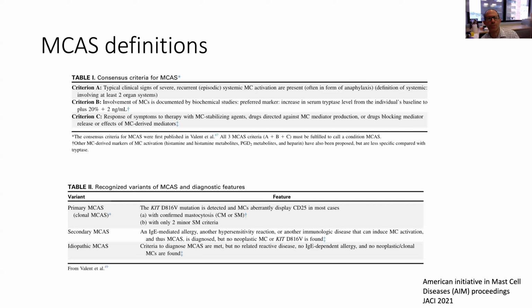So an elevated serum tryptase in someone who walks in and says, a week ago, I had a terrible episode of flushing, in no way is diagnostic of a mast cell activation syndrome at all. It has to be the comparison of the baseline versus when they're symptomatic. And we can get into this a little bit more, but the idea is that it's a 20% increase over the baseline plus an additional 2 nanograms per ml. So if someone's baseline tryptase were 10, they would have to have a tryptase over 14 when symptomatic to meet